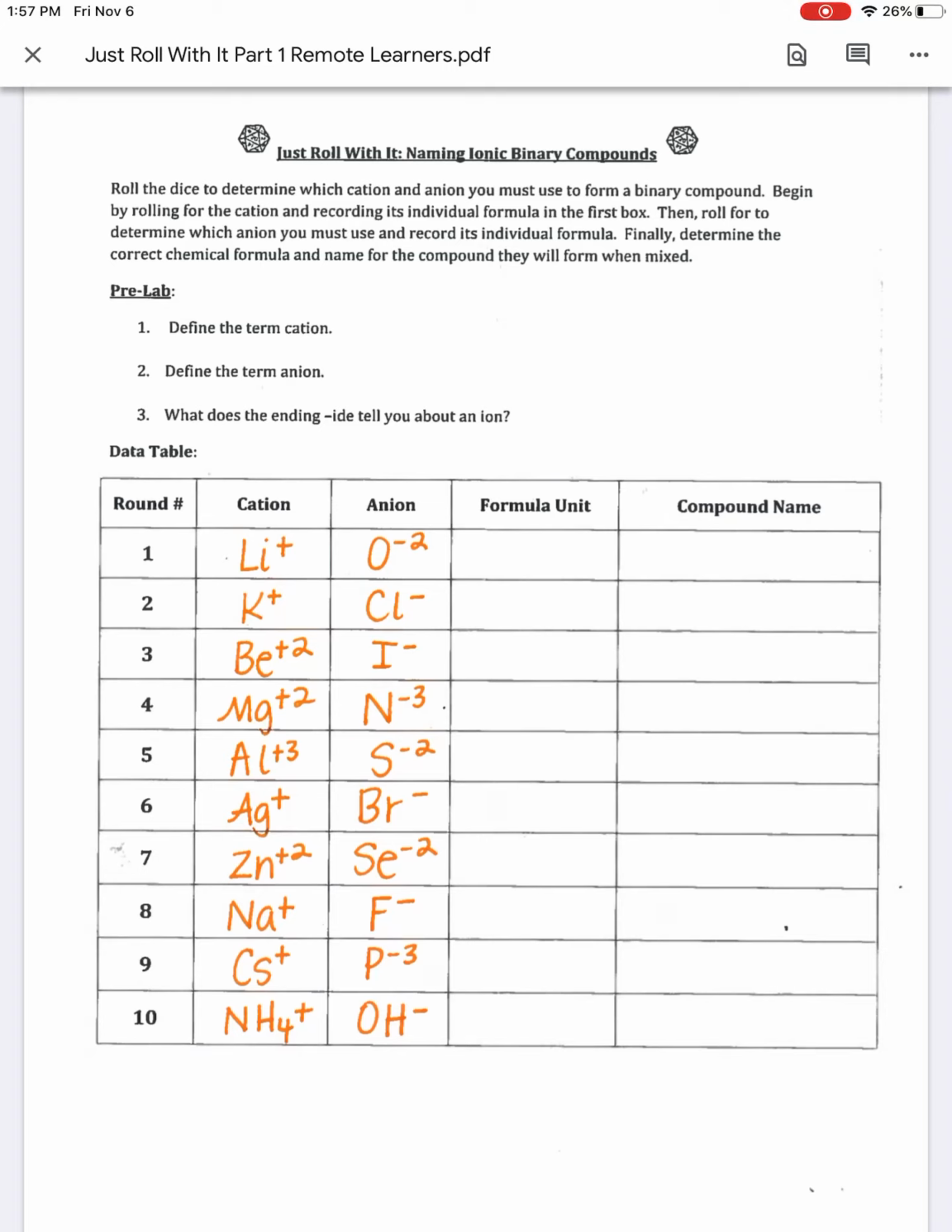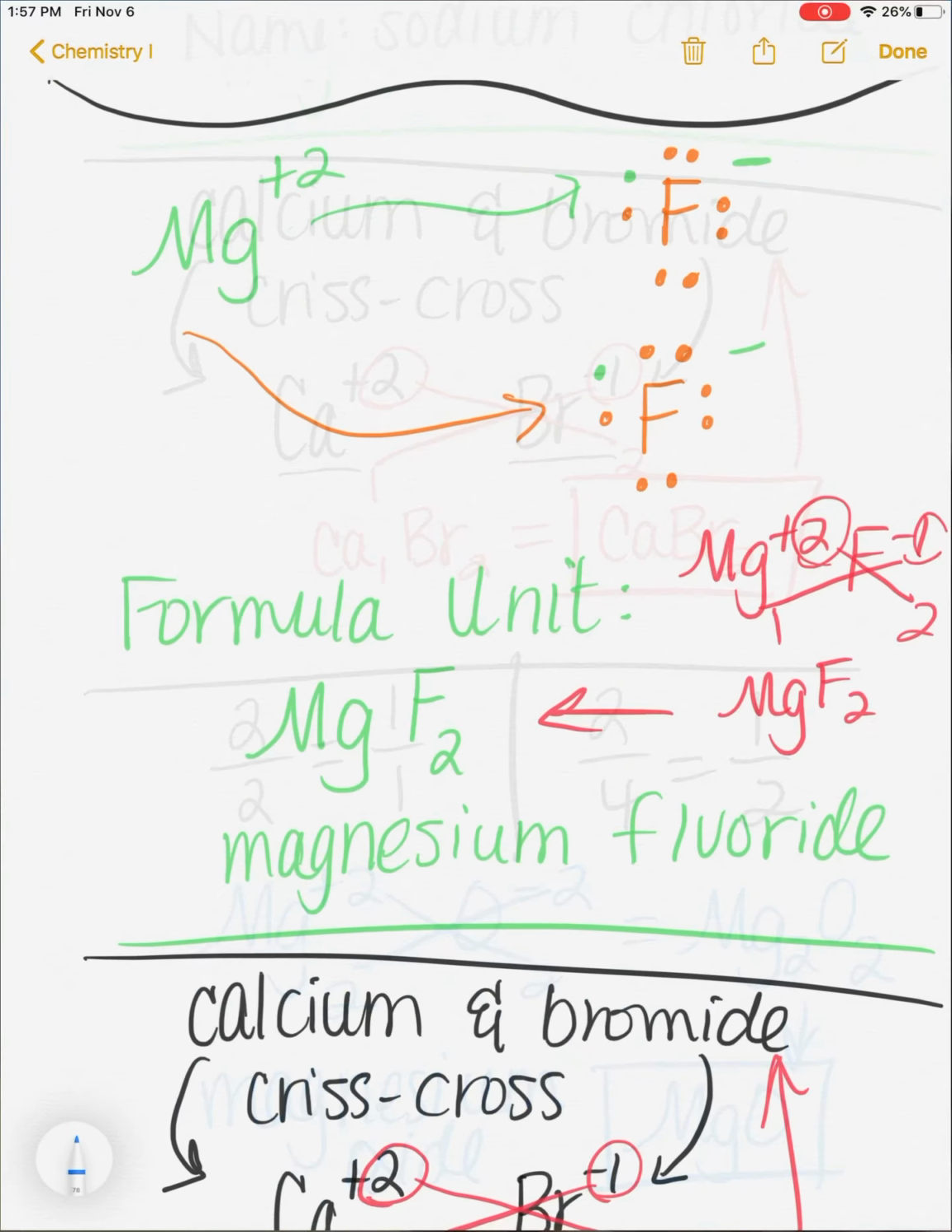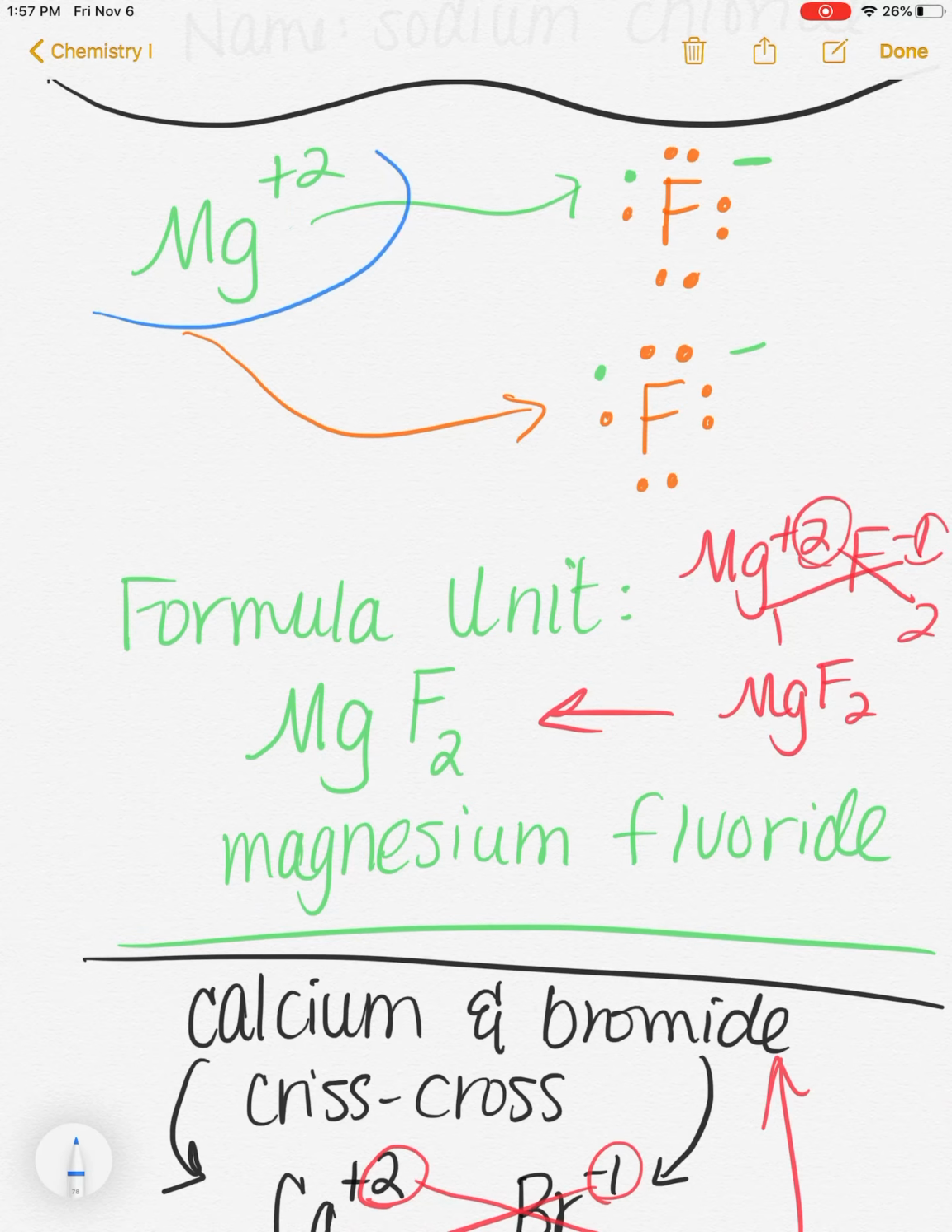And then the second piece is this, which is posted to Google Classroom for you. If you had been in class, you would have taken your 20-sided die and rolled them in round 1. And I rolled it for you, and I got the choice of Li plus as the cation and O2 minus as the anion. What you must do is go through and write the proper formula unit like we were just doing in the notes, and then name that. Like if you back here in the notes had rolled an Mg2 plus for your cation and an F minus, when you crisscross those, the formula unit would be MgF2, and then for the name, you would name it as